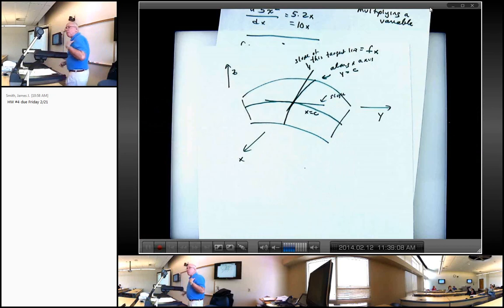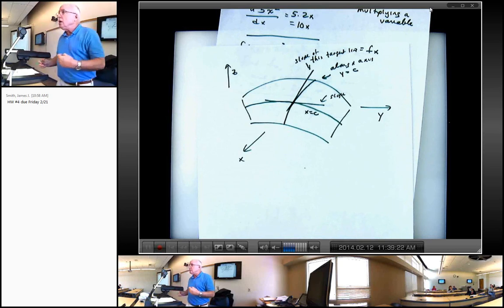Remember, if a slope is positive, is something increasing or decreasing? It's increasing, right? And if the slope is negative, it tells us something is decreasing. So slopes,